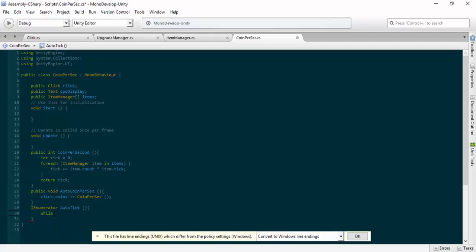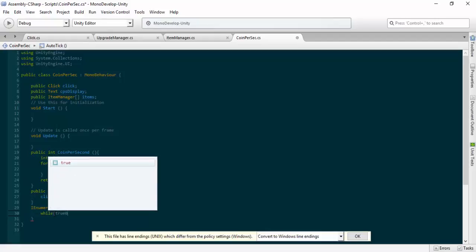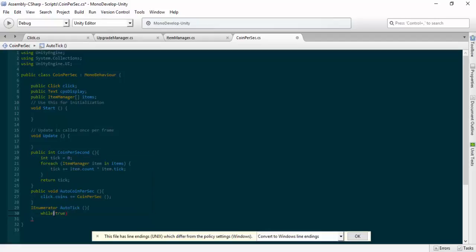No, never mind. I was hoping the thing would come up so I can give you a hint, but never mind. So while true, what we want to do is open some curly brackets. So while it's active, what's happening. In the start function, we'll actually tell it to start a coroutine. So while our coroutine is true, this next action will happen, which will be our